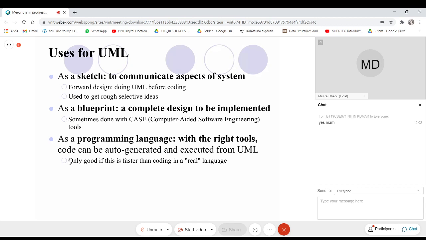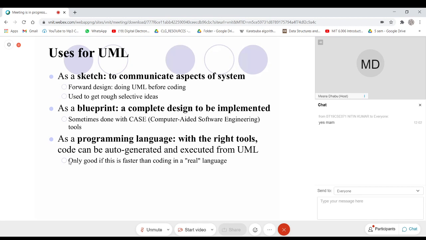Many tools are there, like CASE, that is computer aided software engineering tool. Rose is there by IBM. So it depends. As a programming language with the right tool, code can be auto generated and executed from the UML.